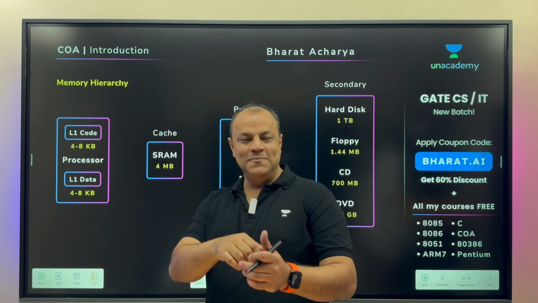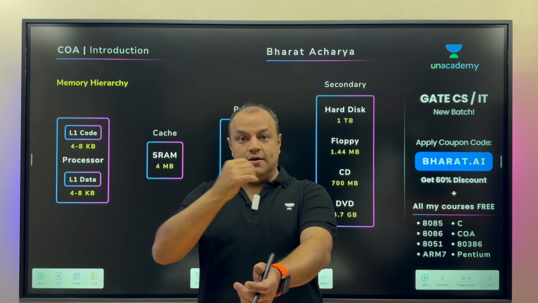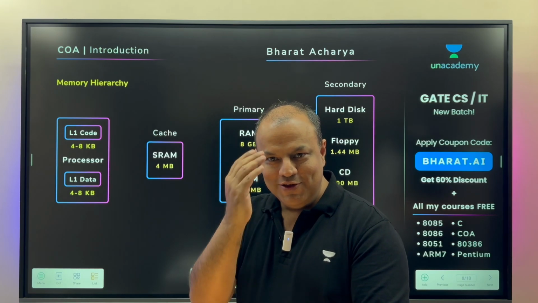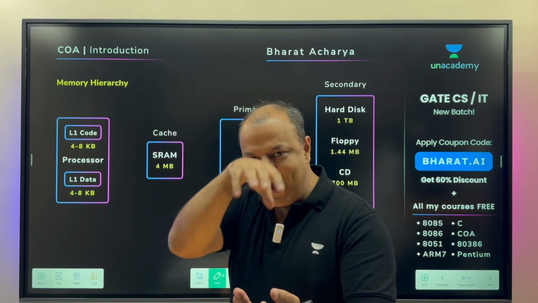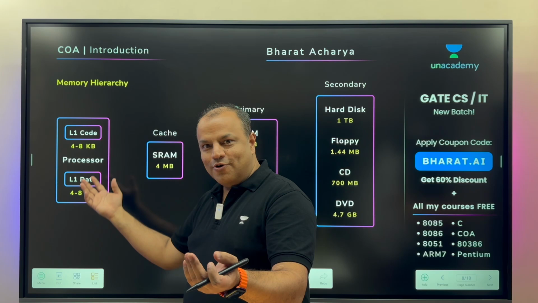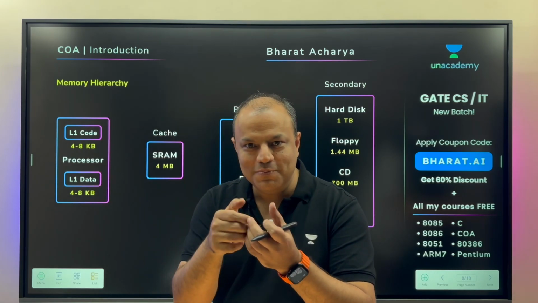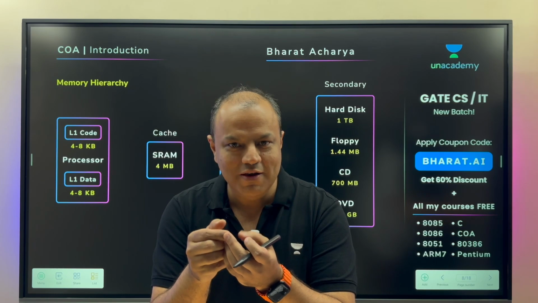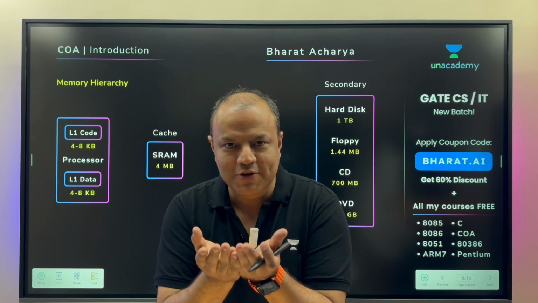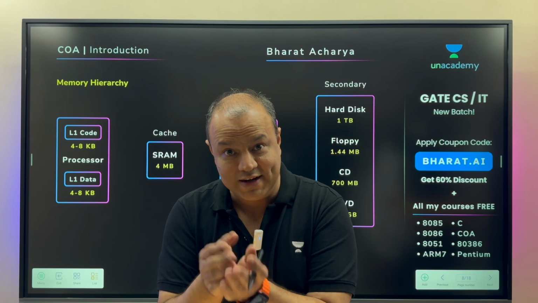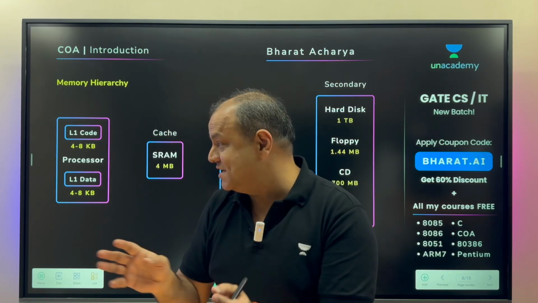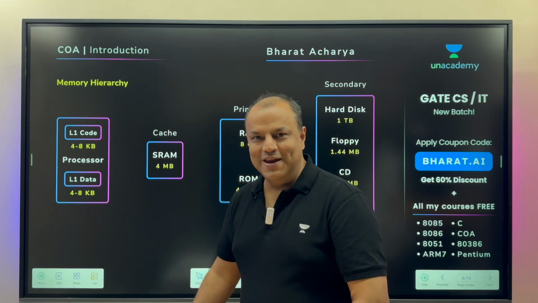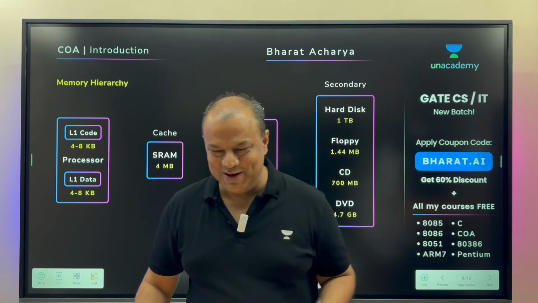What does this simply mean? You open Instagram, tuck, tuck, tuck, tuck, tuck, it comes everywhere. Now you are on Instagram, your Instagram program and your latest feed is all there inside the cache of the processor. That is why you see such smooth scrolling that you feel it's as if everything is already there in your computer, because it is. And in fact, it's inside the processor. It's been cached inside. If it's not found here, it's found here. It's not found here, it's found here. They're all very fast memories. Are you clear? As compared to the secondary storage.